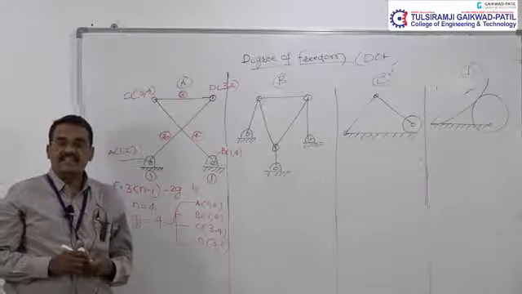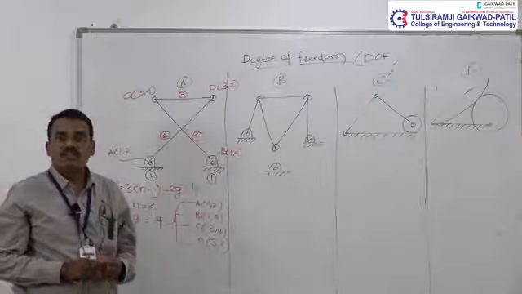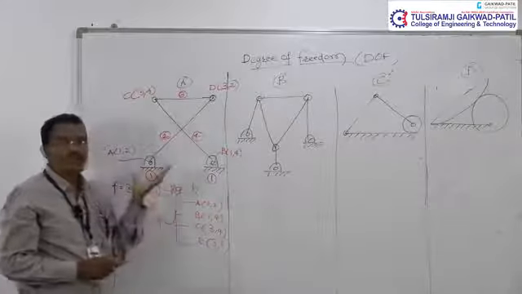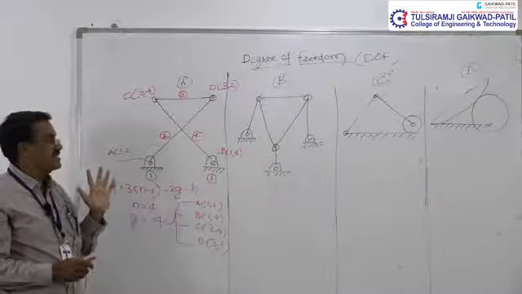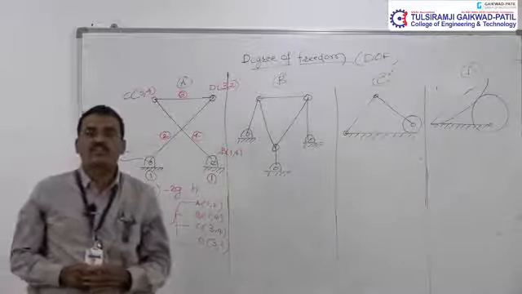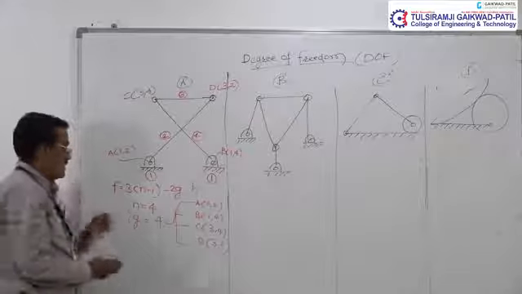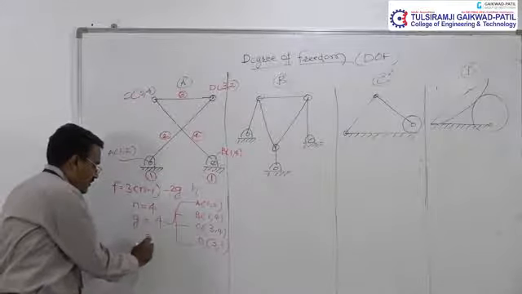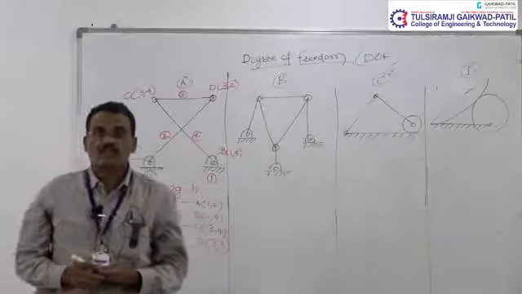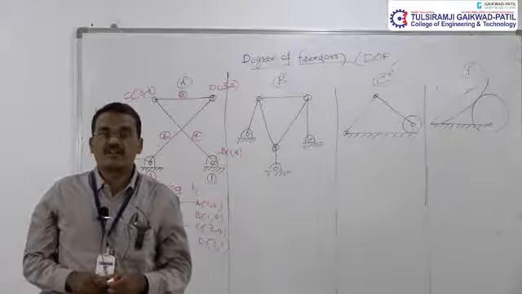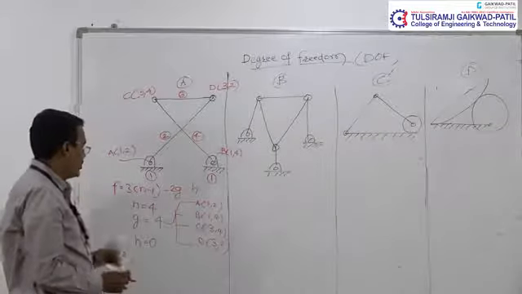The 4 lower pairs are represented by A, B, C and D, while the links are represented by 1, 2, 3 and 4. Now in this numerical there are 4 links 1, 2, 3, 4 and 4 lower pairs A, B, C and D. As there is no curvature or no circle present in the mechanism, the value of higher pair h is 0. The higher pair exists only when there is a circle or curvature. In this particular numerical there is no circle and no curvature. That's why the value of h becomes 0.